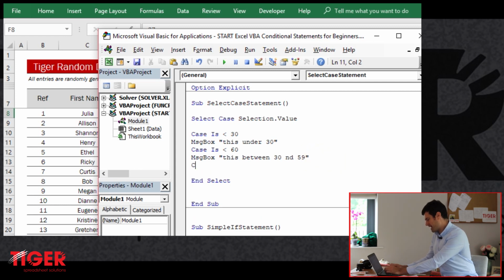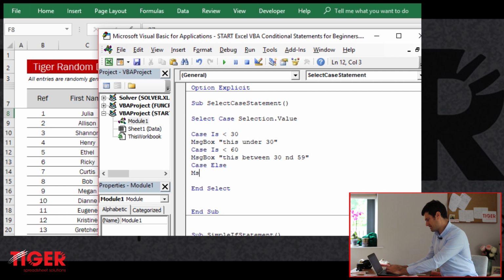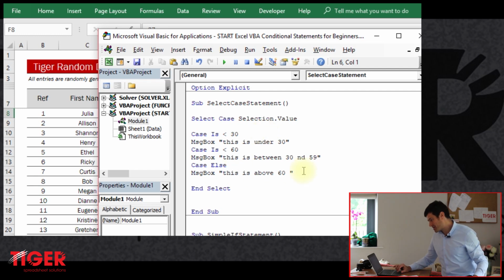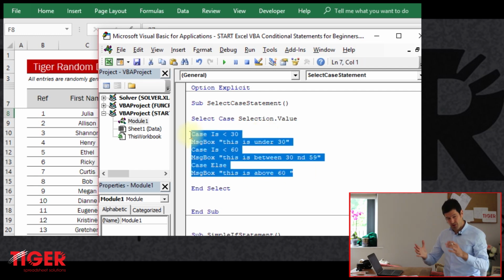There we go. And then we're going to have case else. So we're going to have message box. This is between, and then this is above 60. There we go. So we've got our syntax there, and you can see how very, very quickly I was able